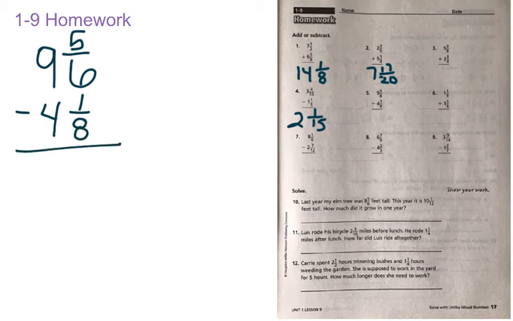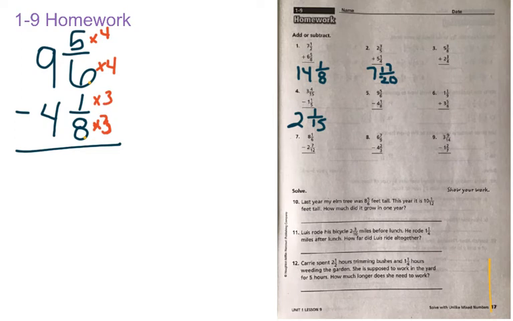And our two denominators are 6 and 8. Our lowest common denominator, or lowest common multiple here, is going to be 24. And I know that 6 times 4 is equal to 24, and then I have to multiply the top by 4 as well. And I know that 8 times 3 is equal to 24, and so I have to multiply top and bottom